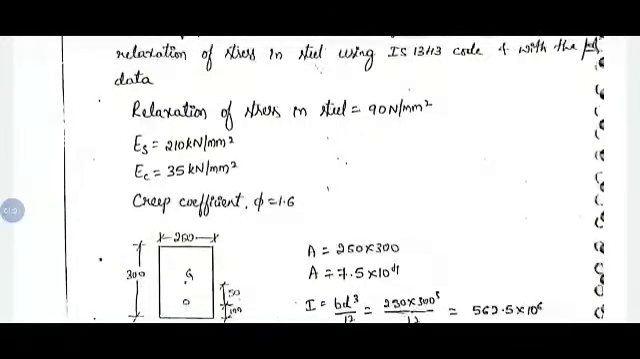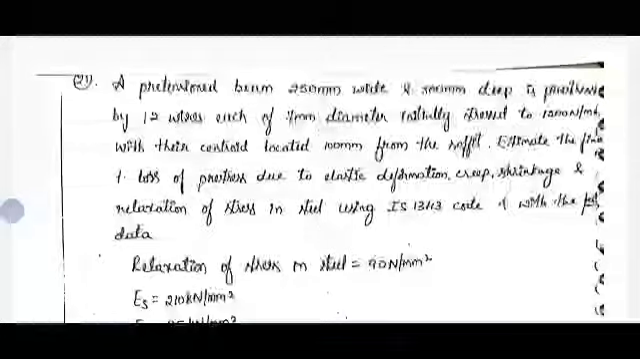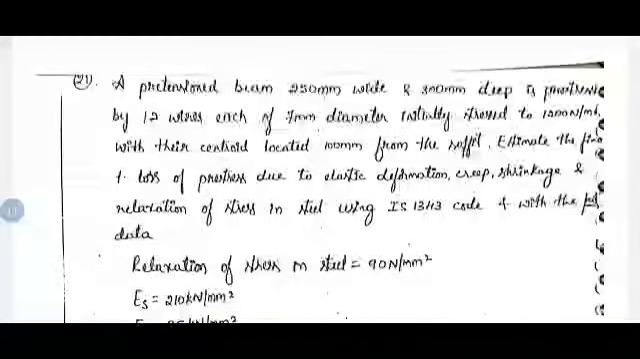So in this problem we need to calculate loss due to elastic deformation, creep, shrinkage, and relaxation of stress in steel. Relaxation of stress in steel is directly given in the question, that is 90 Newton per mm square, so no need of calculation at all, you directly consider the same value. And for the remaining 3, elastic deformation, creep, and shrinkage, we need stress in concrete at the level of steel, that is the sigma c value, and it is given 12 wires of 7 mm diameter